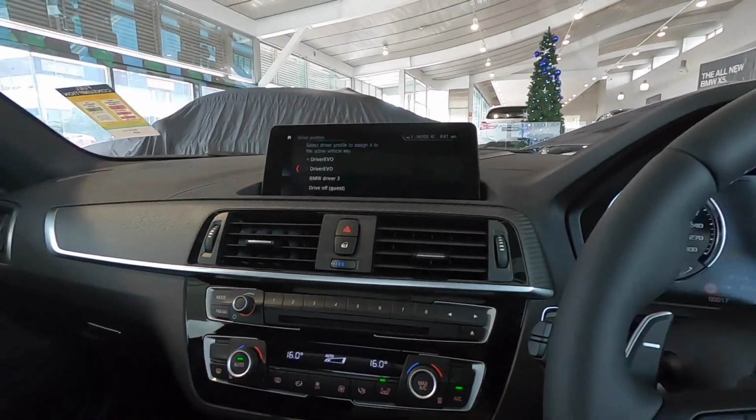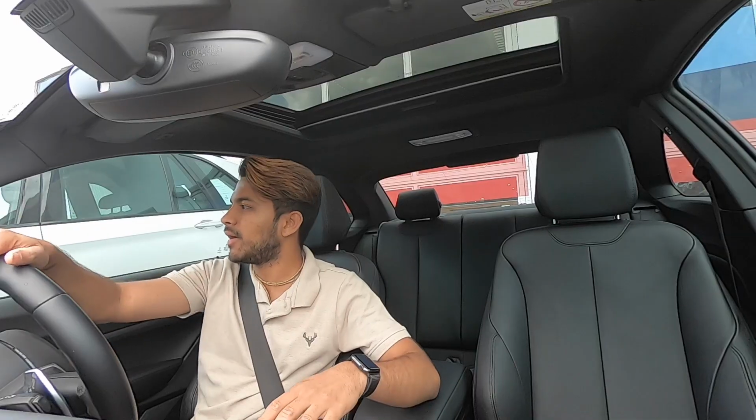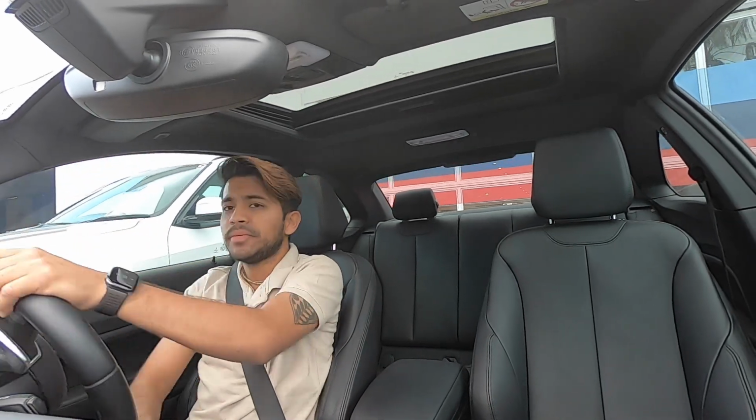A whole lot angrier. To take it for a drive? No. The idea is to review the M235i, not the M2, but it is such a nice car. And these seats are so much better. So much more supportive. Alright, so we are leaving Daisy Hill Motorline BMW now after looking at the M2 competition,